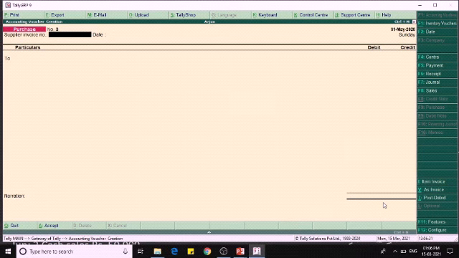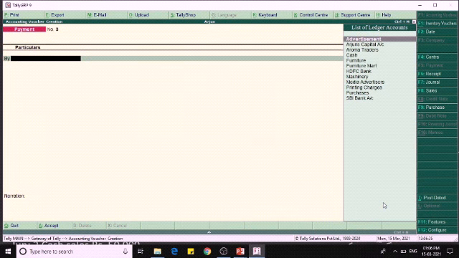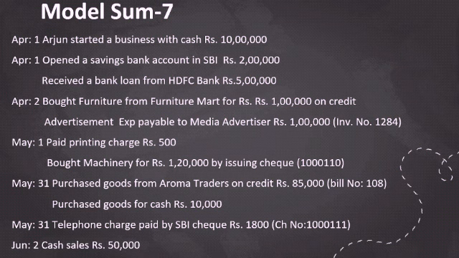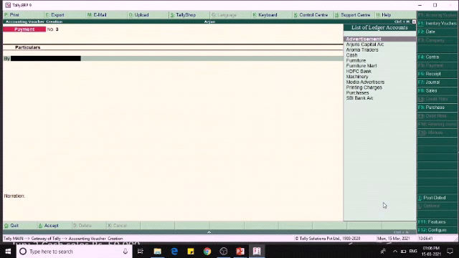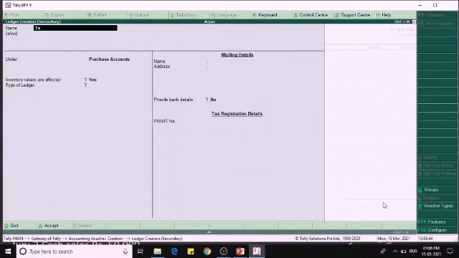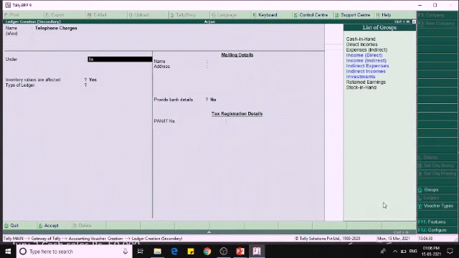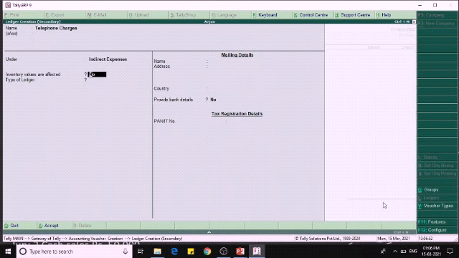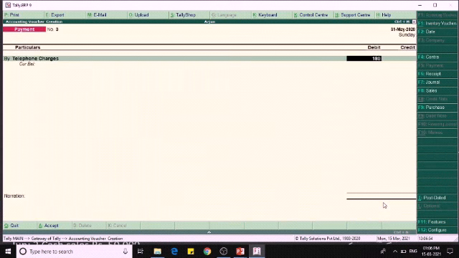So we have to pass the payment voucher. We are paying the telephone charges. Okay, before that we have to create the ledger telephone charges. Telephone charges as indirect expenses. The value is 1,800.